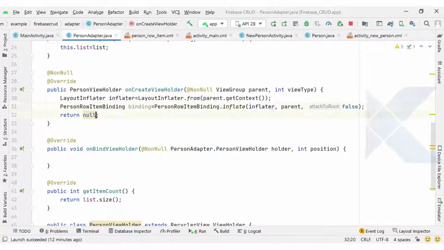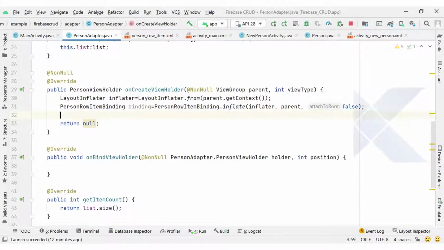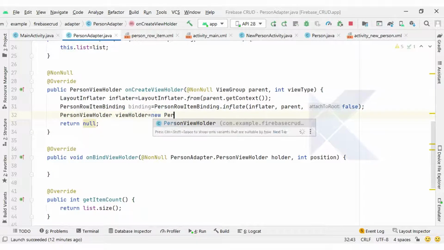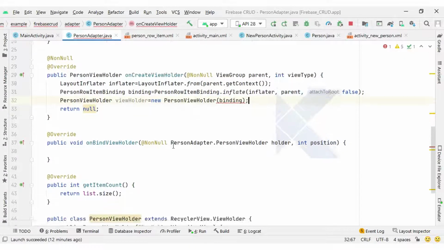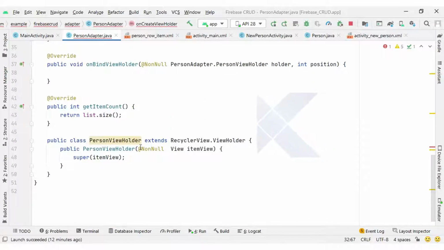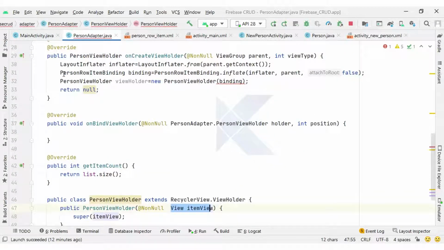Okay, so this is very common coding we have, and this binding instance I am going to pass to the person view holder instance. So you can see I am going to pass the binding instance, but here in person view holder we have the constructor with a view parameter, so no problem, we can change it to receive the binding instance here.